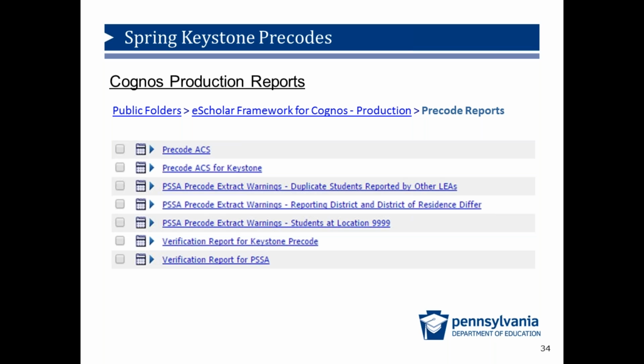The next two reports are verification reports, one for the Keystone precodes and one for the PSSA precodes. All the same reports that are available in Cognos are also available in the sandbox, except the pre-ACS is in the sandbox and the final ACS is in Cognos production.